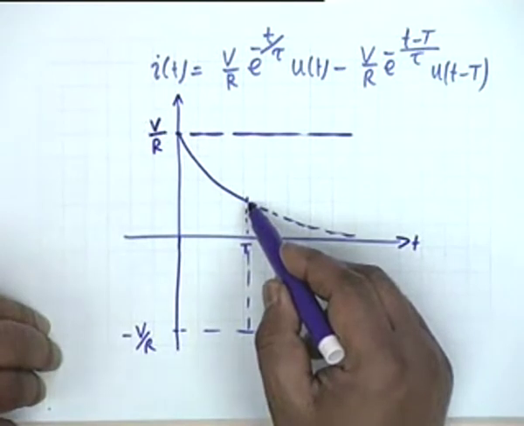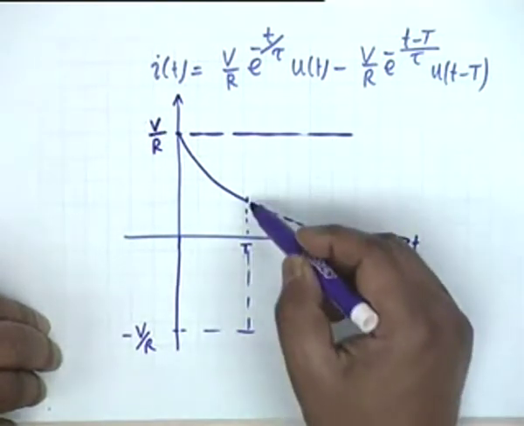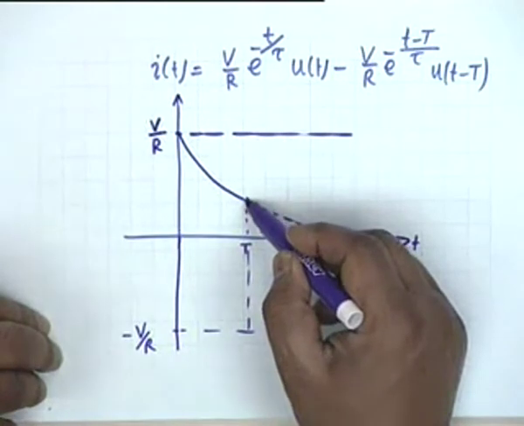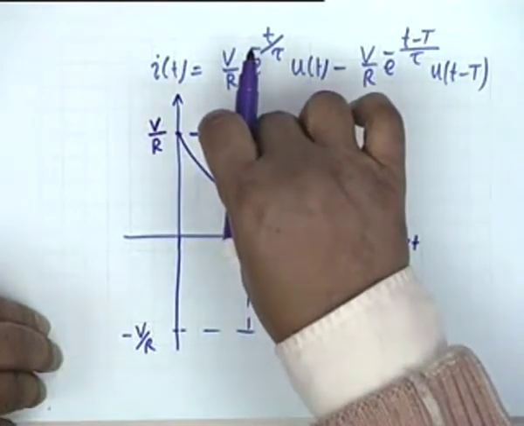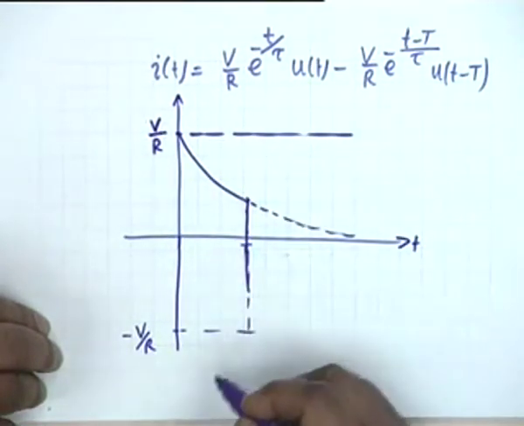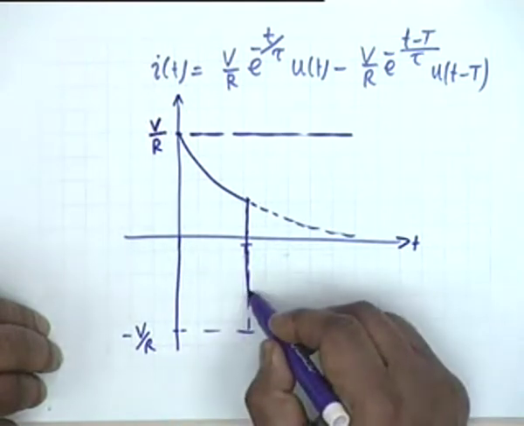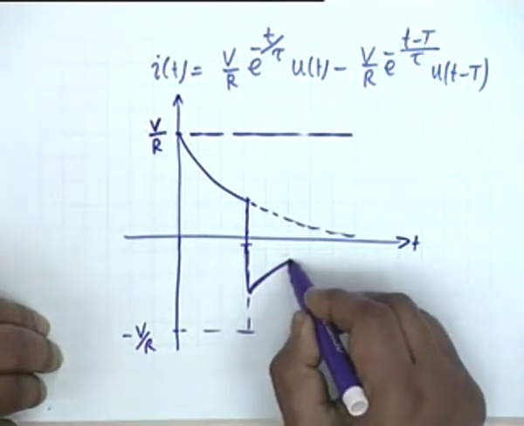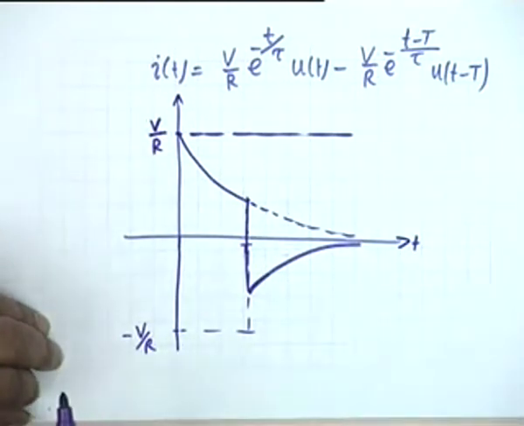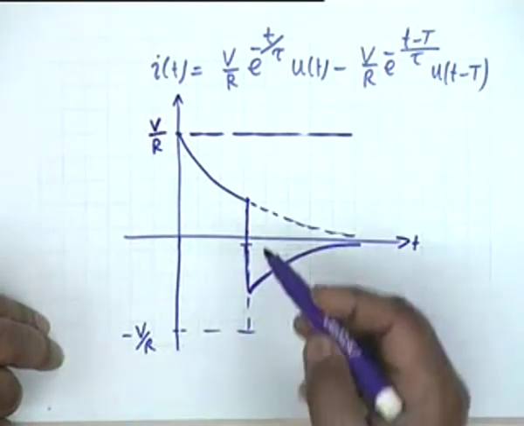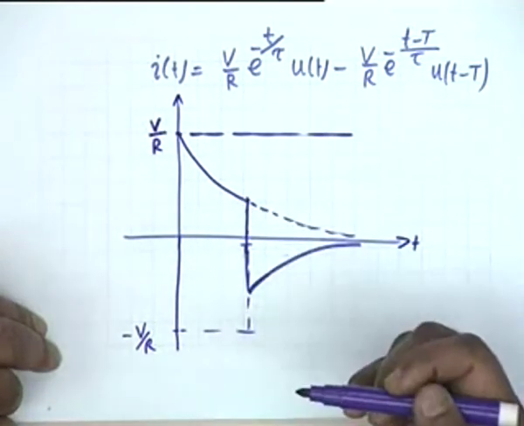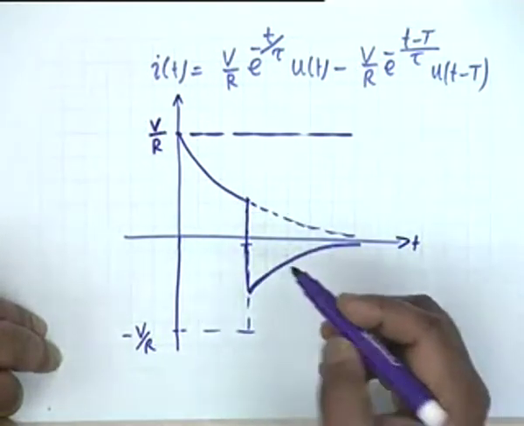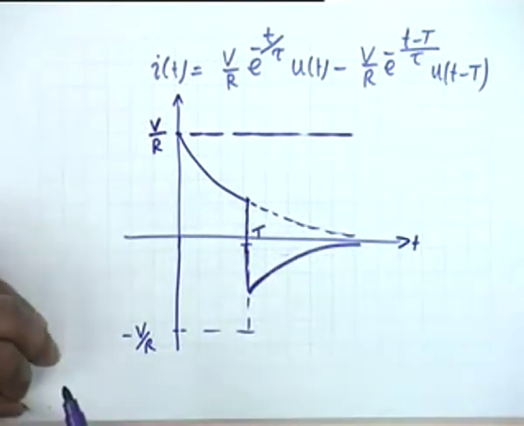So what do you think will happen at t equal to capital T? The current shall suddenly come down by how much? This minus this. In other words, this much. It will come down by this much, so it will go somewhat like this. And then what will happen? As t tends to infinity, it will go towards 0. As t tends to infinity, both terms go towards 0. So this will be the current response. And you see there is a jump. In the current response, di/dt has a jump here. di/dt is discontinuous at this point, at the point t equal to capital T.